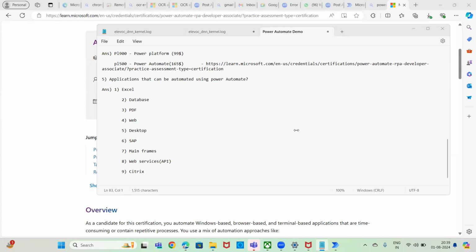All these are there in that framework. Yes, Mahesh, PDF means OCR will be there in Power Automate. Hemant, we have OCR in Power Automate also, and we also have AI Builder, which uses artificial intelligence for